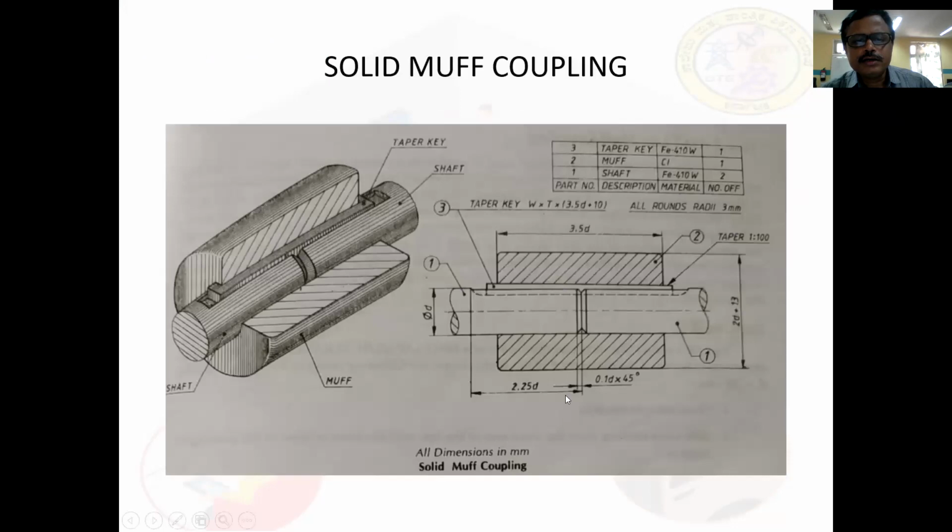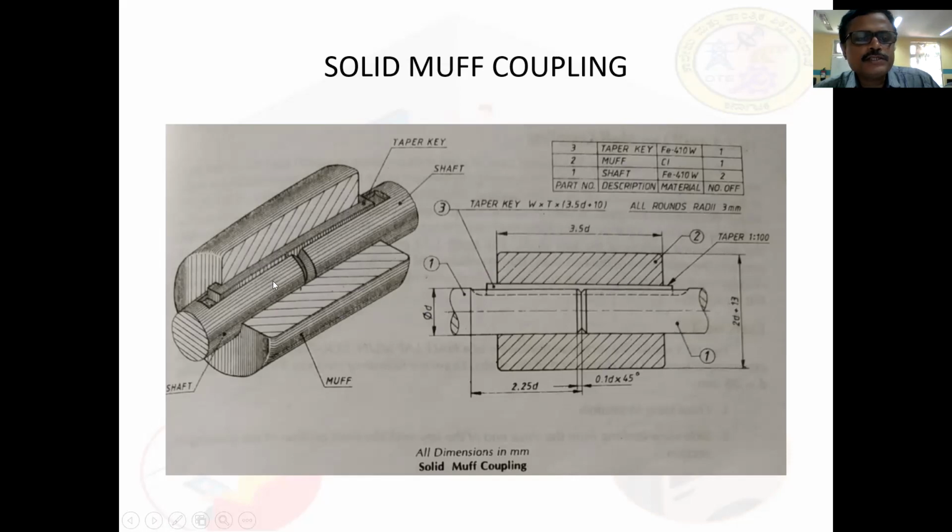This is the muff coupling drawing. You can see in this drawing that all the dimensions are expressed in terms of diameter of the shaft. This is the diameter of the shaft. Its diameter is D. And in the diagram, you can see all the dimensions are expressed in terms of D. So this is the muff coupling.